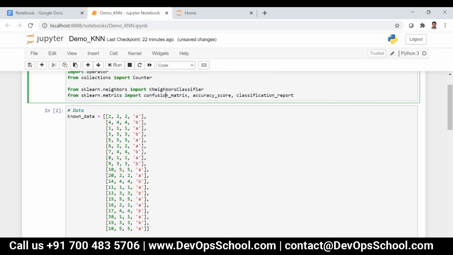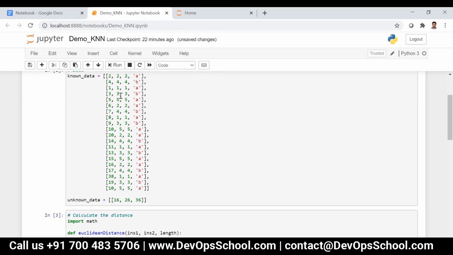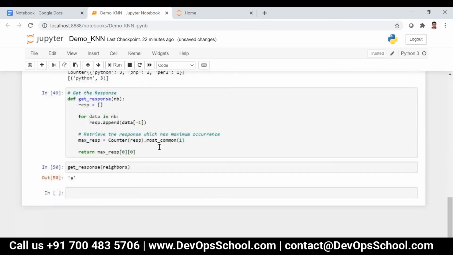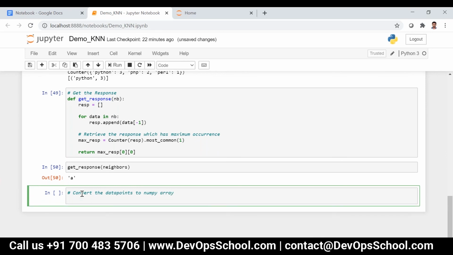Okay, so now what we are going to do, we are just going to convert this to a numpy array. So I can write convert the data points to numpy array. data_known is equal to np.array of known_data.